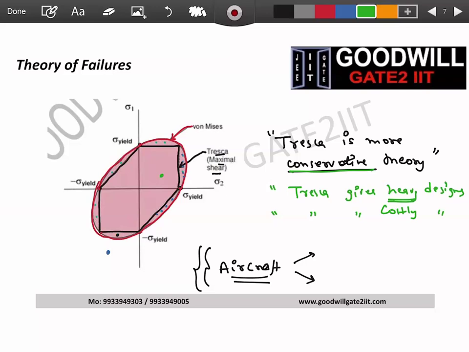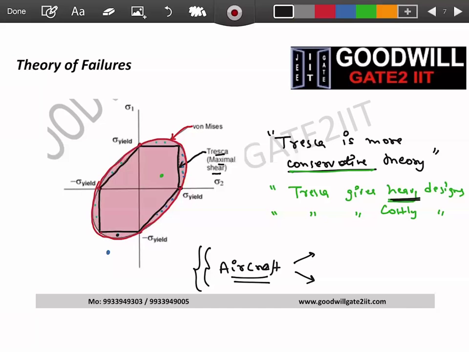But strictly speaking, let's say you want to design a railway bridge. In a railway bridge, first of all, weight doesn't matter. Second, cost doesn't matter because it is a one-time investment. The bridge will have a life of maybe 20, 30, 50, 100 years. So we will design those things with Tresca. We will be overprotective. But when it comes to aircraft, we have a limited life of